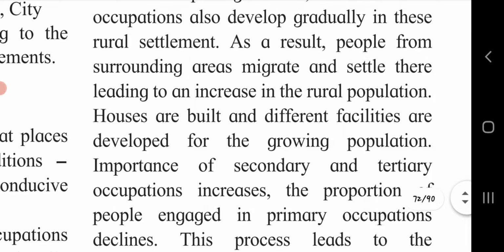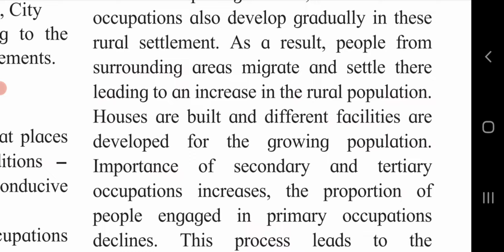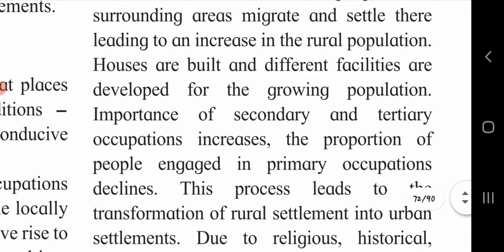The proportion of people engaged in primary occupation declines. According to the demand of the people, the rural settlements are converted into cities and the rural population is reduced. Some people migrate to settle in the cities to find jobs or for other purposes, due to which development takes place in rural areas to meet the demand of the cities, and the rural places are converted into cities. Therefore, secondary and tertiary occupations increase in that area and primary occupation decreases.